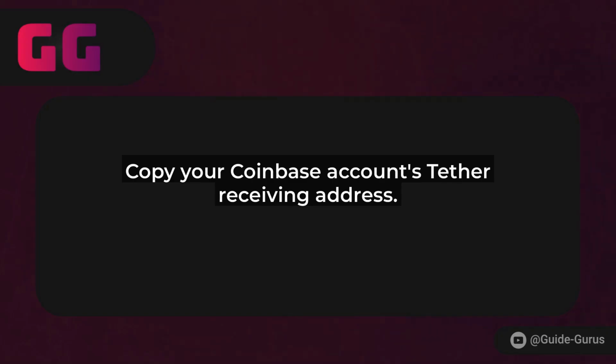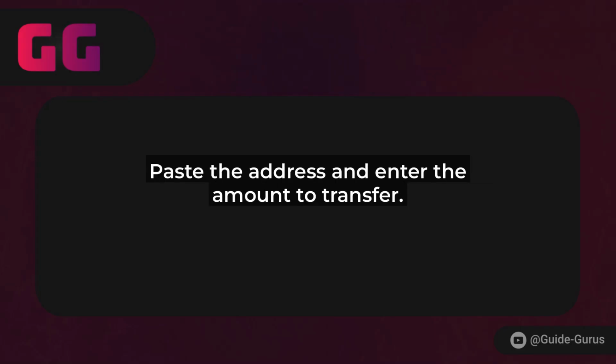Next, you'll need to enter the receiving address. Head over to your Coinbase account on the web or app, go to your dashboard, and find the Accounts section. Select your USDT wallet there, and copy the wallet address. It's crucial to get this right. Paste it carefully into the Send screen on your Coinbase wallet. Double-check that you're sending to the correct network, like Ethereum or whatever your Coinbase supports for USDT.